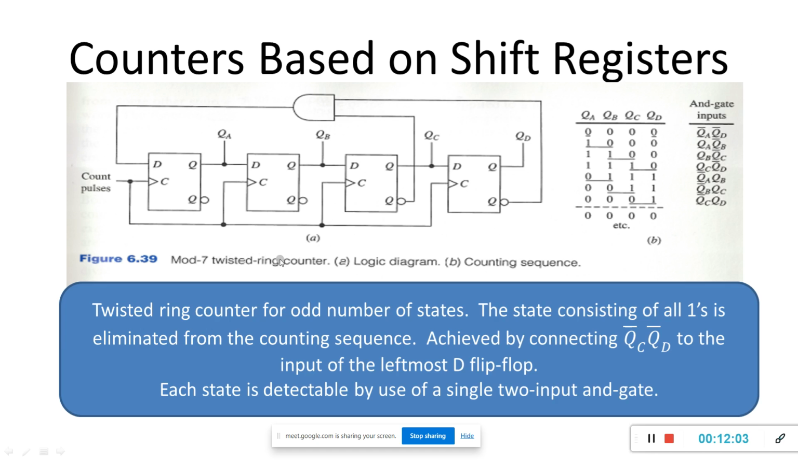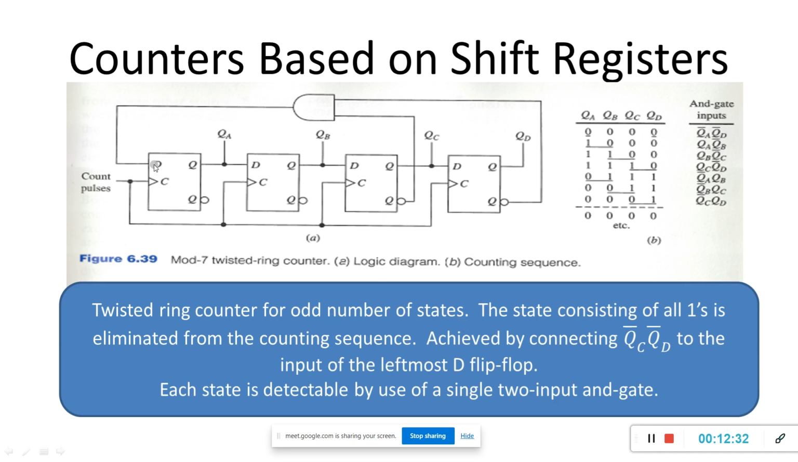This is again a mod 7 twisted ring counter. Here, a twisted ring counter for an odd number of states. That is, in the previous slide we studied that for 4 flip-flops we have 8 states, right? 2n states, an even number of states. Mod 7 means mod is the total number of states. How many states do we have? 7 states. So here what happened, the change is QD bar and QC bar are connected to an AND gate and